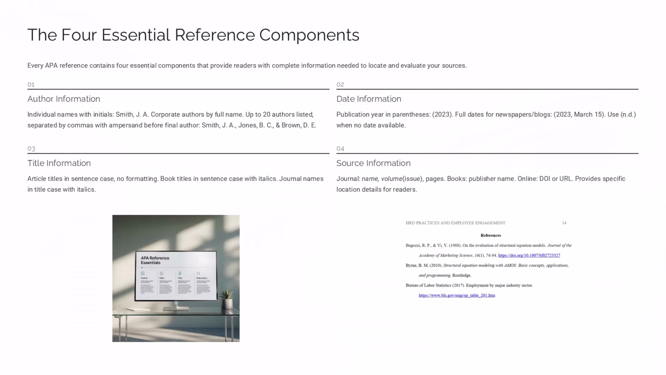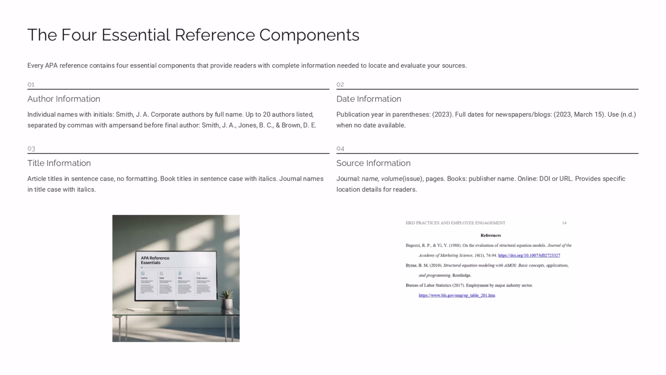The 4 essential reference components. Every APA reference contains 4 essential components that provide readers with complete information needed to locate and evaluate your sources. Understanding these components and their variations allows you to create accurate references for any type of source you encounter in scholarly research. The first component is the author